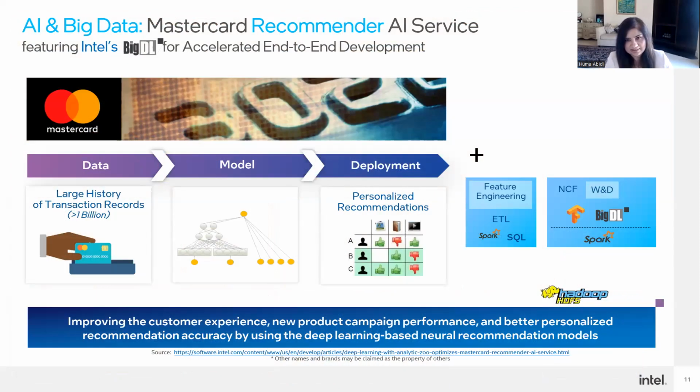AI and modeling. This is MasterCard. This is an example of one of our customers using our tool, BigDL. It used to be called Analytics Zoo before. And this is a great example of building a universal recommender AI system. This is the collaboration with MasterCard, and MasterCard has a very large history of credit card transactions, which is, as it shows here, greater than 1 billion in this case. So a user-item propensity model was built to generate market insights